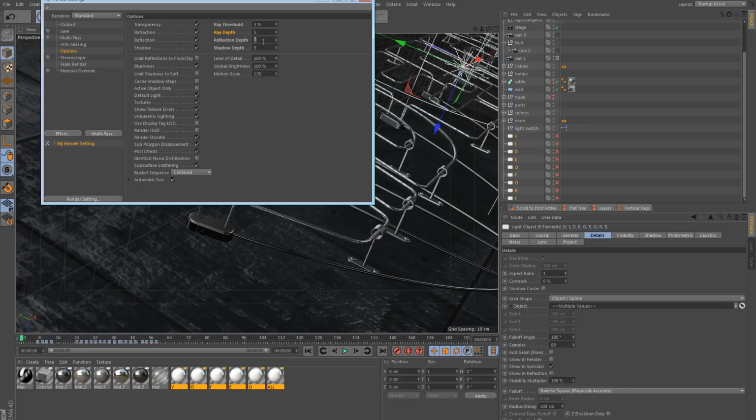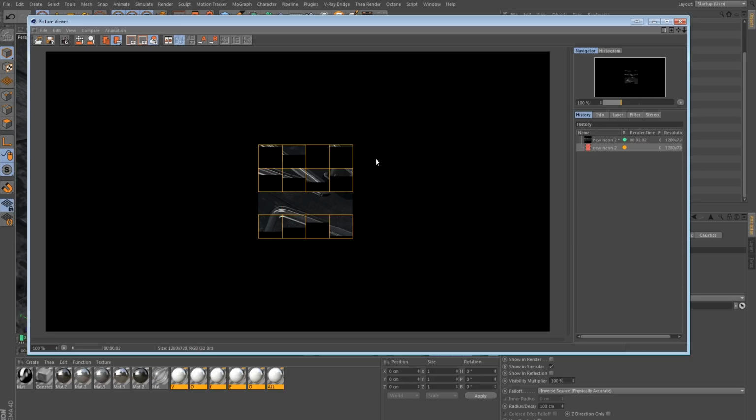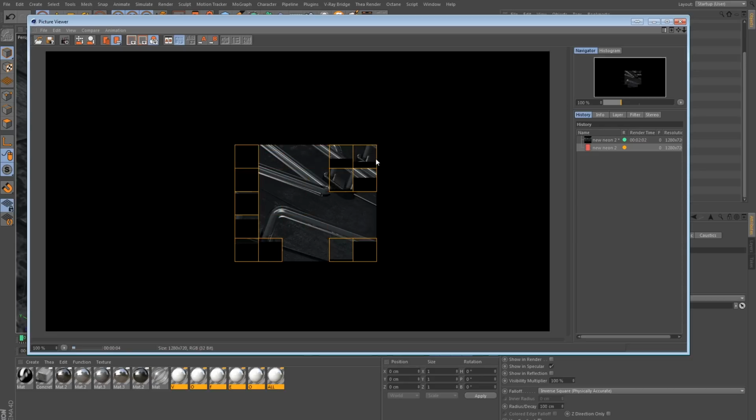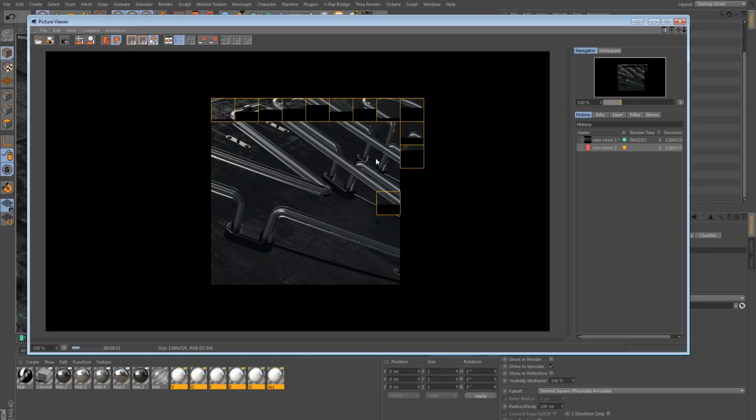So if we just drop this to 1, it might look a bit worse, but the trade-off might be worth it in terms of rendering speed. But let me try this again and see the difference. And you can already tell this is rendering a lot faster than what we had before.